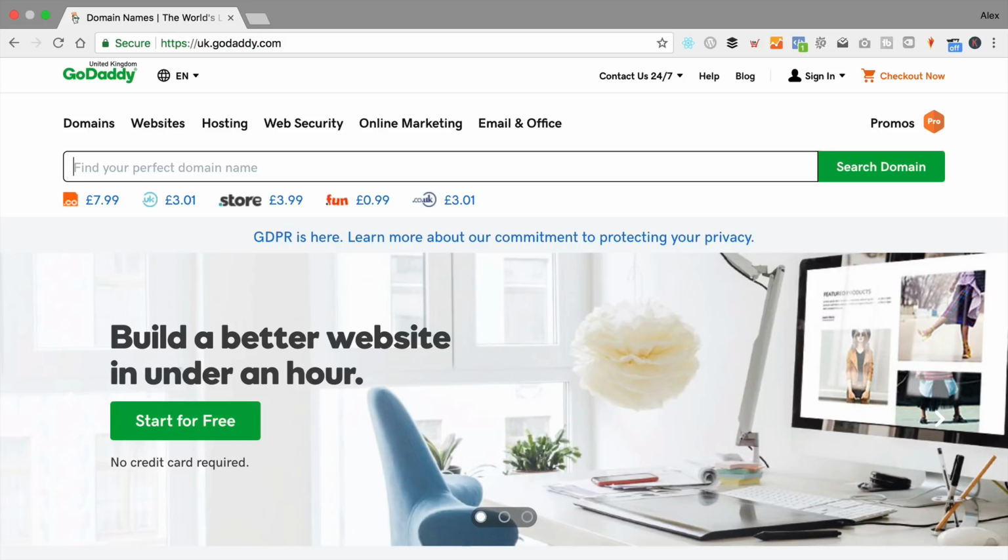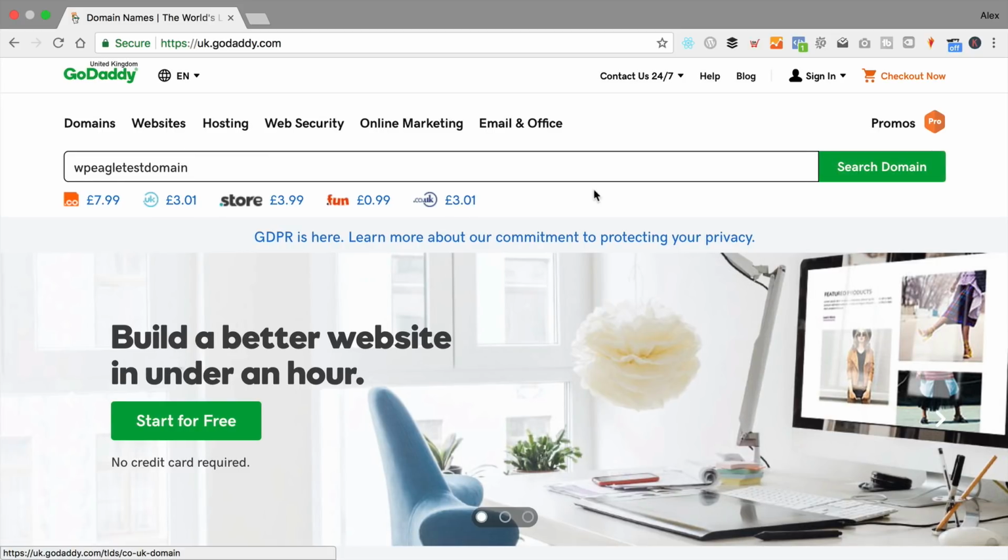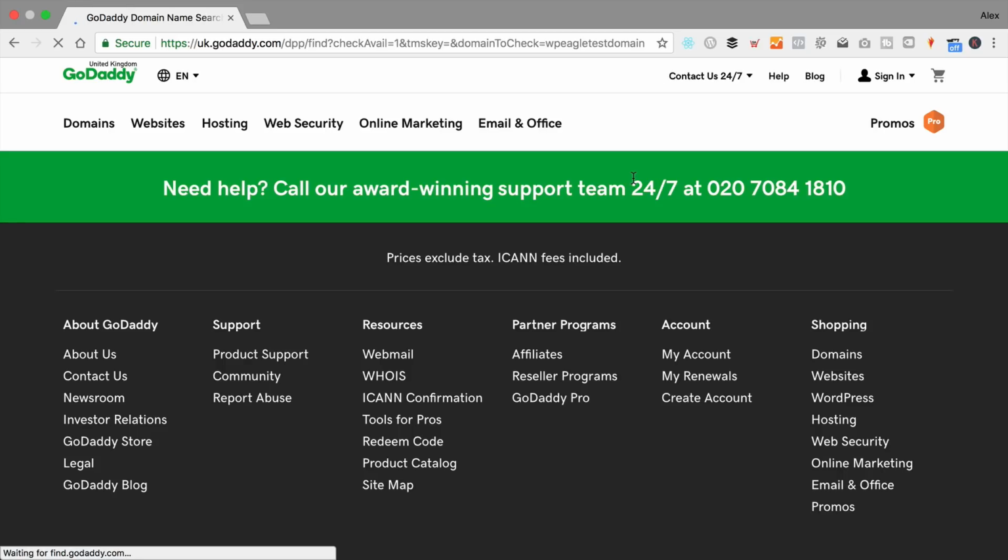It's a really straightforward process. You just need to type in the domain name that you're after. So I could just type in, test domain, or whatever, something like that. I've actually already got the domain registered that I'm going to be using today. So this is purely just to show you how it all works. You click search domain,